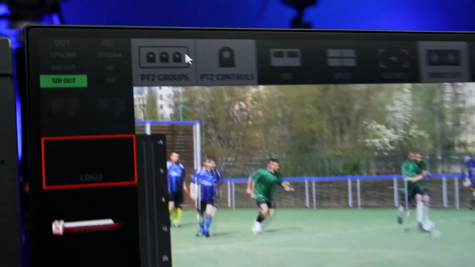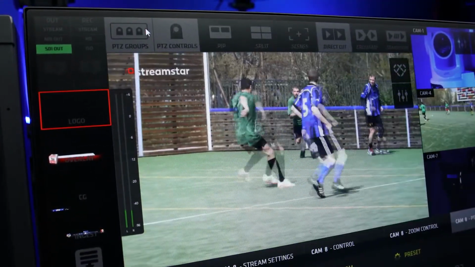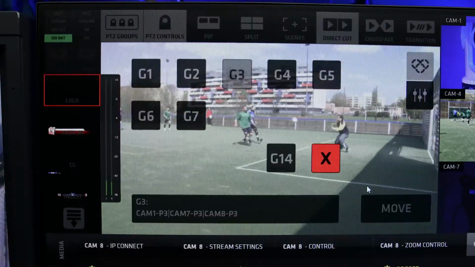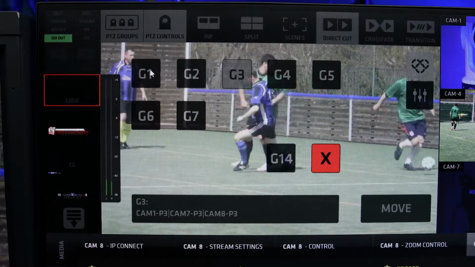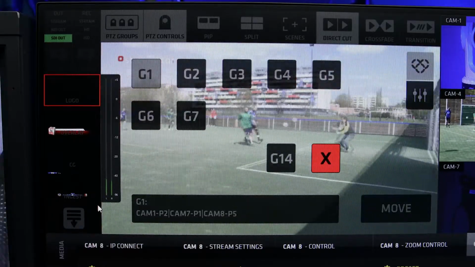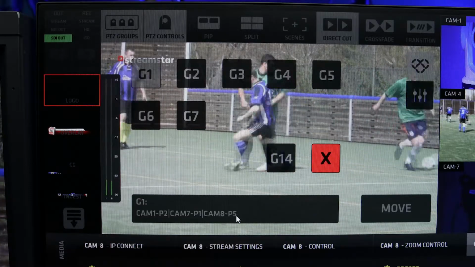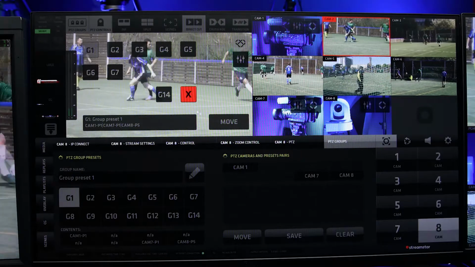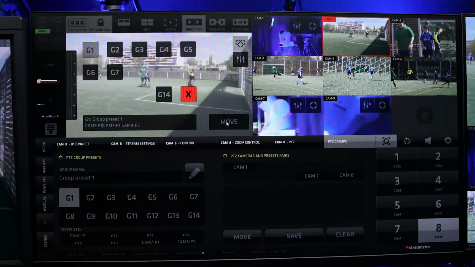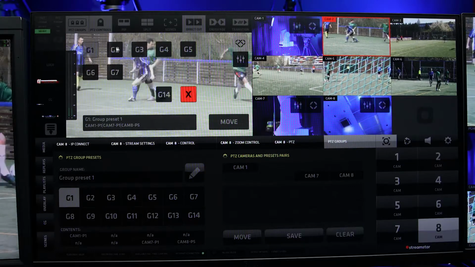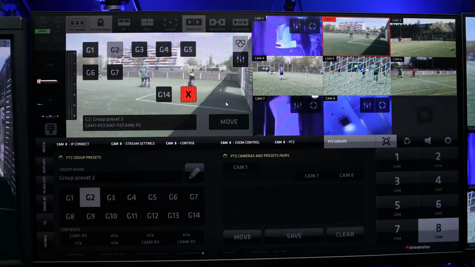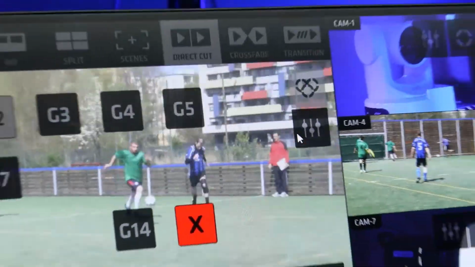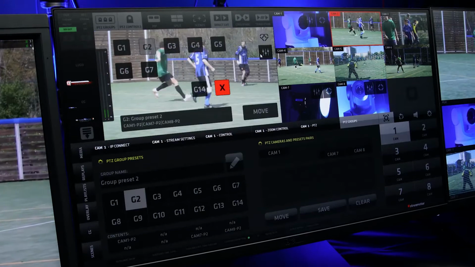Pressing PTZ Groups in the top main menu reveals two buttons superimposed in the PGM monitor. The first reveals all PTZ Group presets created. Select the Group Preset button. The name and description of the group preset is displayed, so you are assured of your selection. To execute the group preset, press the Move button to instantly recall all presets of all PTZ cameras within the selected group preset. The second button is a hotkey that opens the PTZ Group Presets tab in the camera control module for immediate